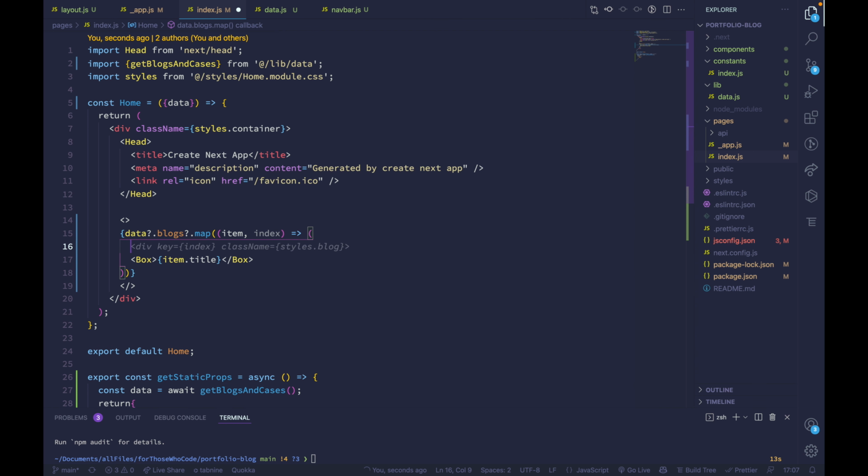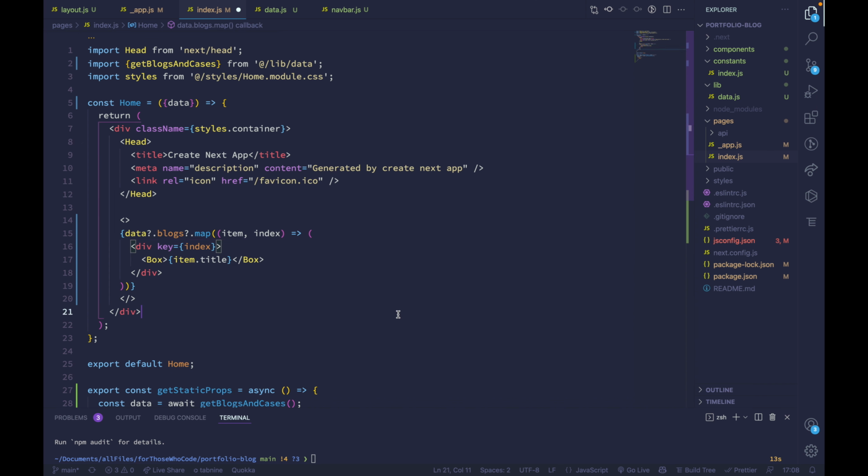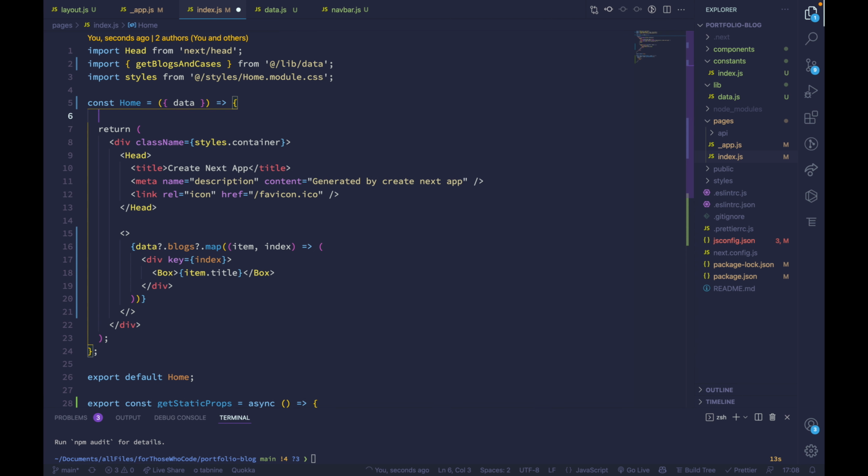So to have our key, we will just add a div, and inside this div we will add our key, which should be the index right there. All right, so it should return a single wrapped JSX, and let's hit save, and this should work as expected. So we will get the list of all the blogs here, and let's also print out the data,